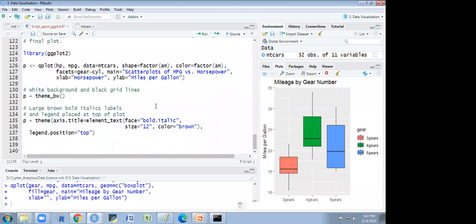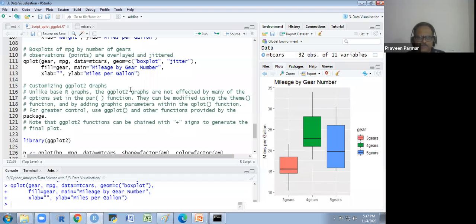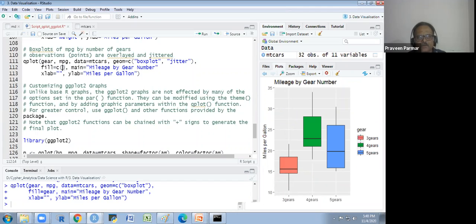Okay. So how do we define colors in the box plot? Here we are filling as per the gear. Gear is our one variable, and it is taking 3 colors as per it. If you want to fill your own color, then instead of gear you have to write a vector of colors.